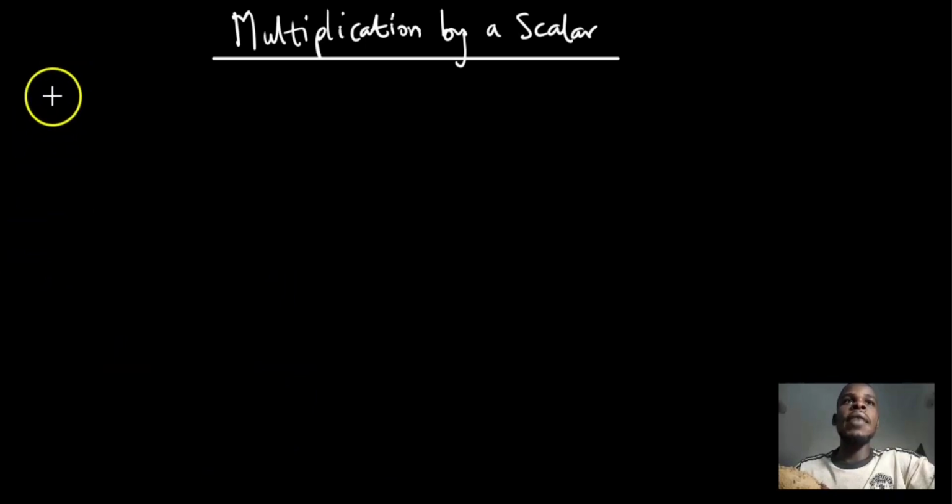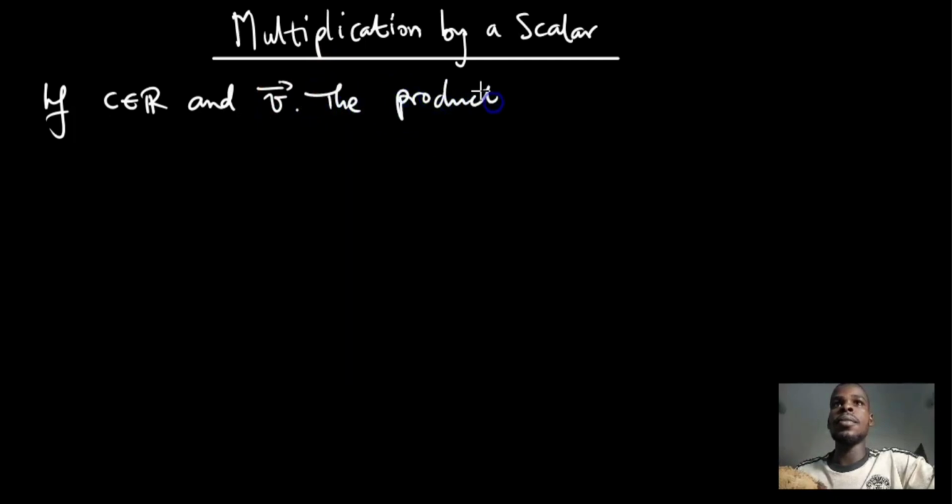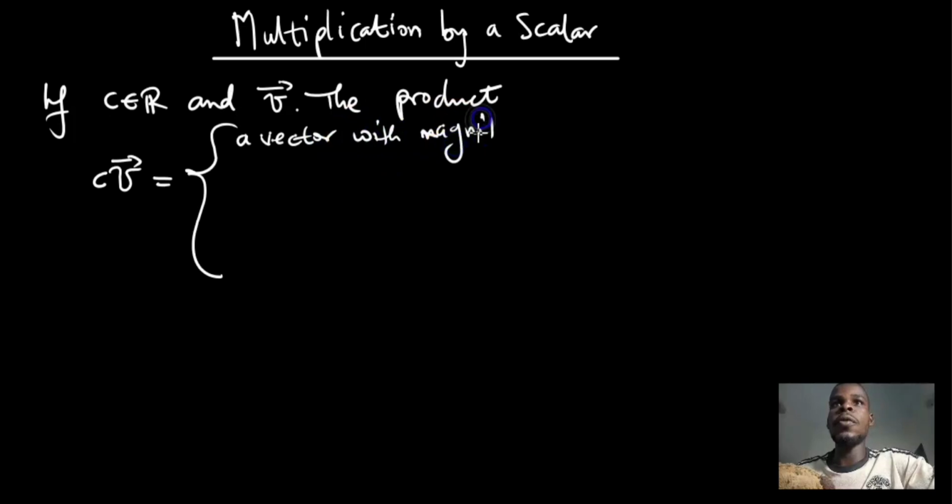So we say if you have a scalar, maybe let's call the scalar c, that is a real number. Okay, that's a scalar, right? And a vector, let's call the vector v. Then the product given by c times v, okay, that's multiplication of a vector v by a scalar c, will be, well, let me kind of get this in piecewise notation. This product will give us a vector with size, you can say with magnitude as